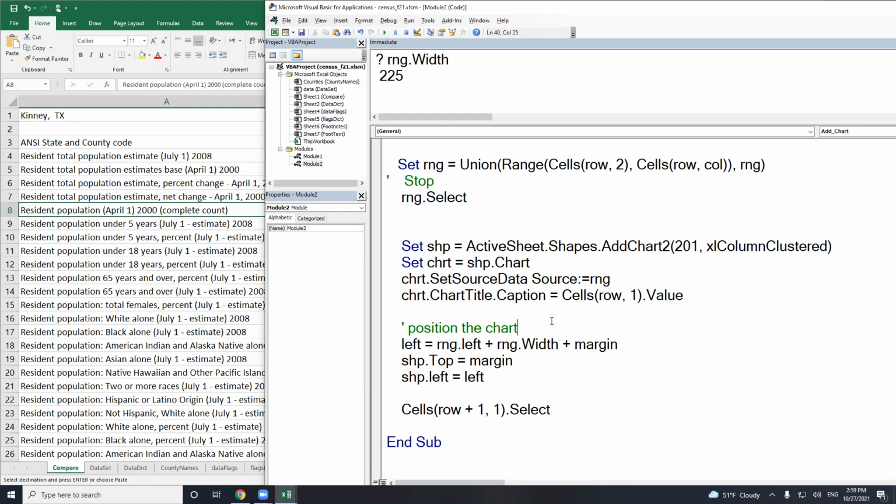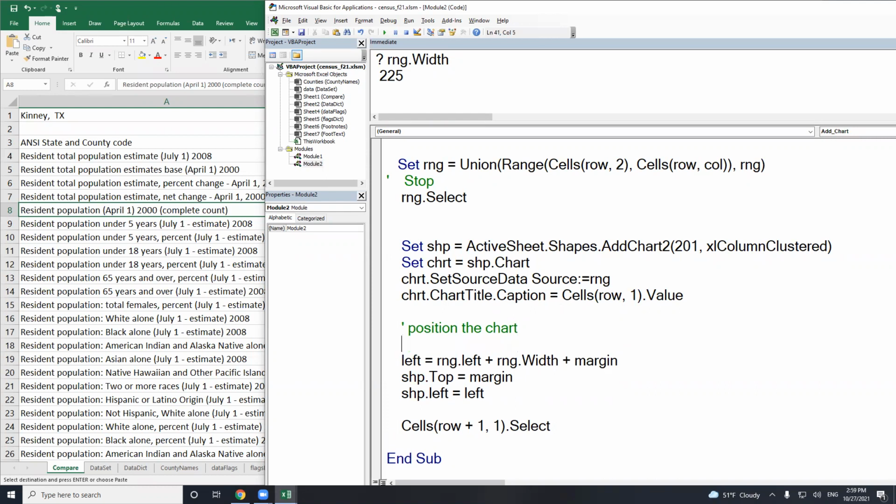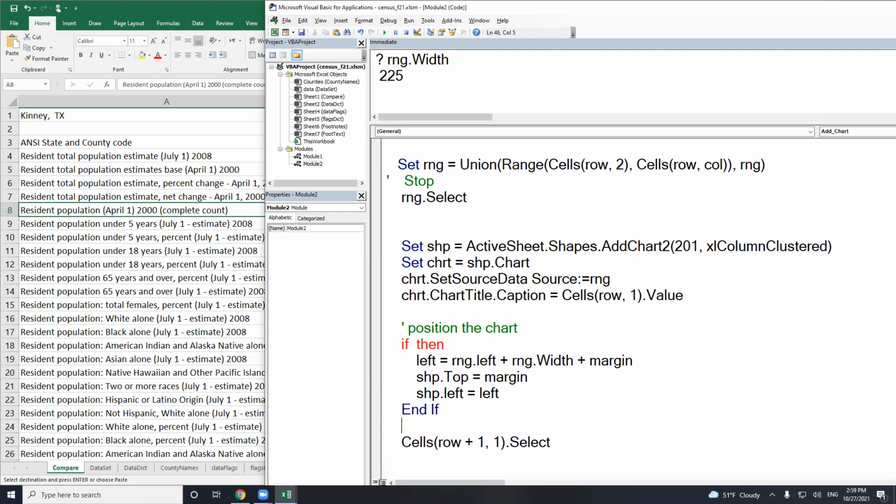Sounds like a job for the if statement. If something, then. Put my end if in here. Any thoughts? How can we tell if this is our first chart? Ah, we can count the shapes. Now, actually, as it turns out,